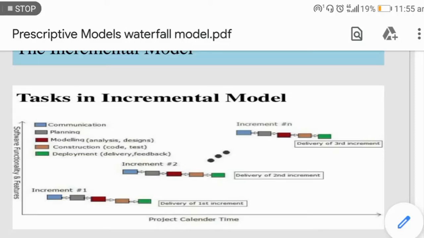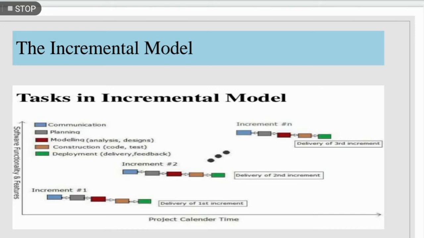Hello everyone. We will start with the next point of our chapter number 2, the incremental model. First of all, we will see what the incremental model is. The incremental model is a process of software development where requirements are broken down into multiple standalone modules of a